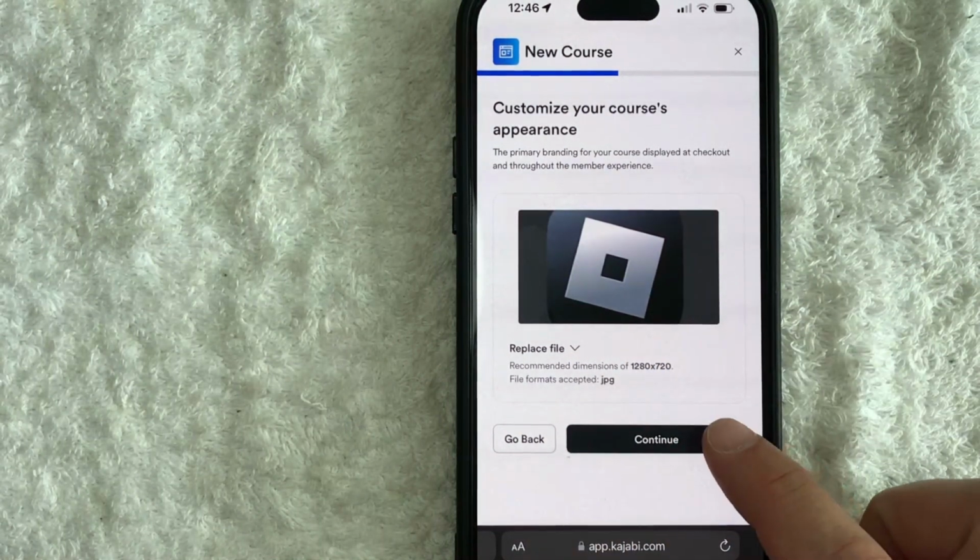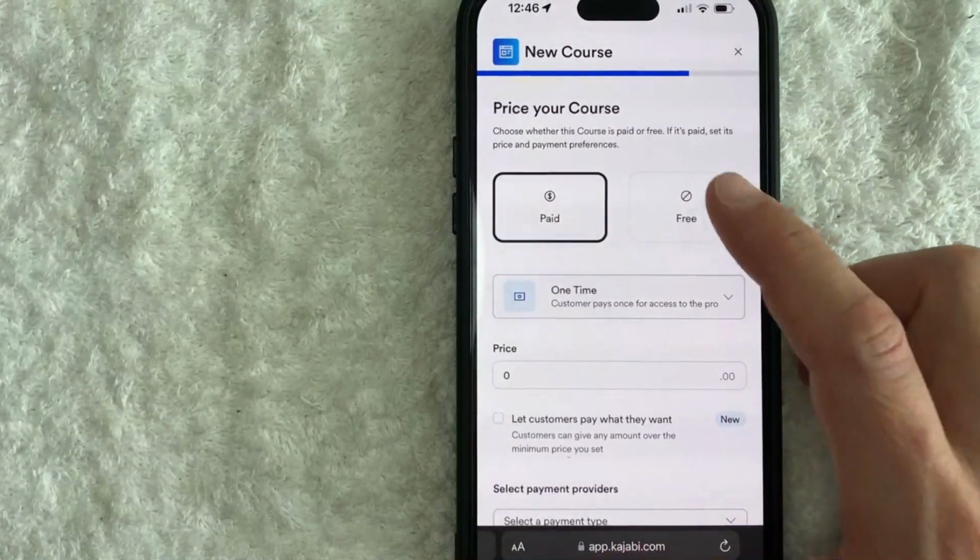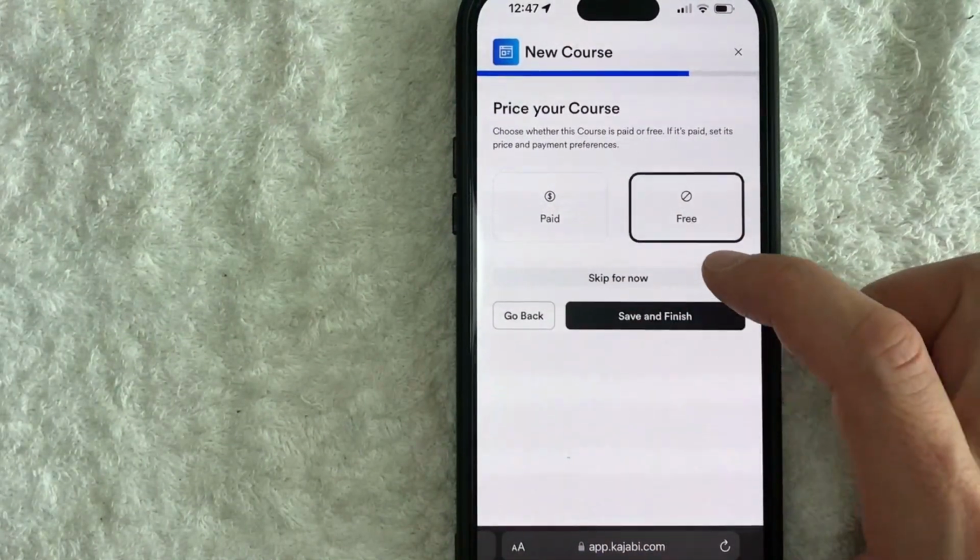And I'm going to click on continue. Okay, so here you want to go ahead and set up the price of your course. This price will be used on your landing page that will automatically be set up by Kajabi. You can do a paid or a free, it's up to you. And you can also set this up later by clicking skip for now if you need to think about the